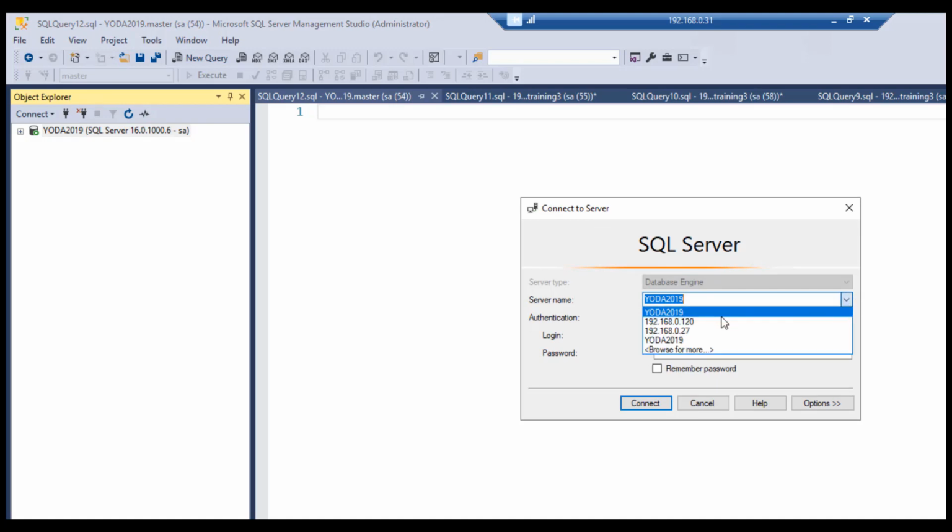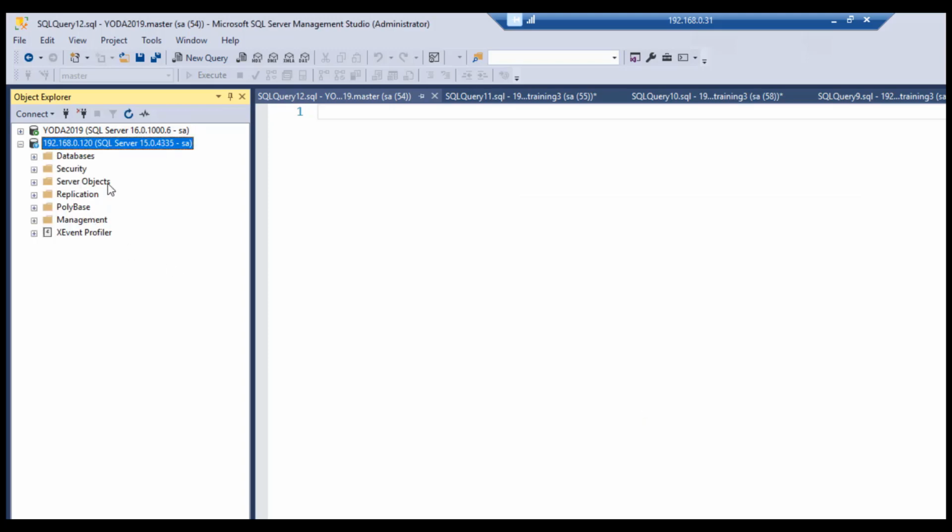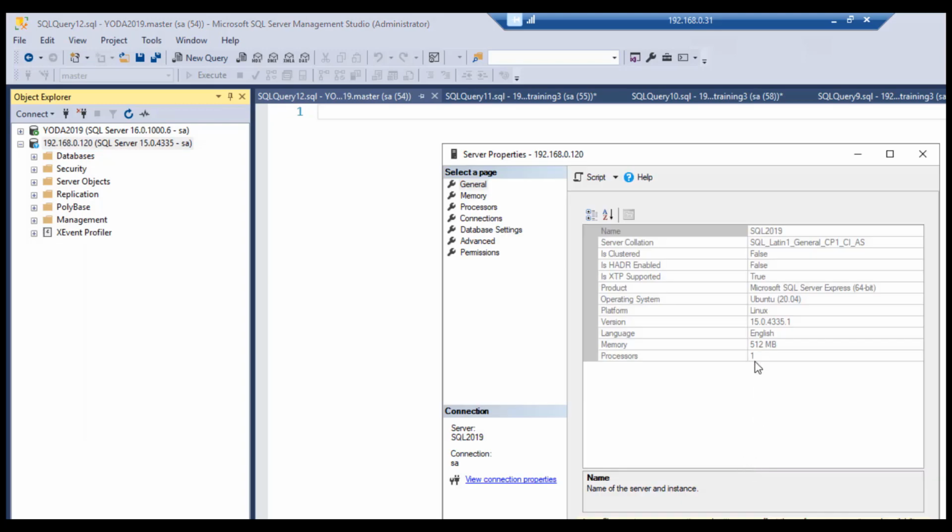So for example, I'm going to go to this 120. Now notice the difference here. I have the host name, or I can connect via the IP address. And so I'm going to connect to my second instance via the IP address. And I'm going to do the same thing. I'm going to go down to the properties. And this one is not on a Windows server. This is on a Linux Ubuntu server. This one's also a named instance, SQL 2019,